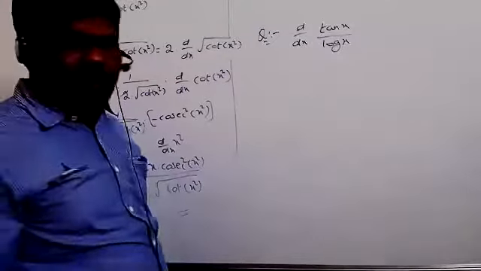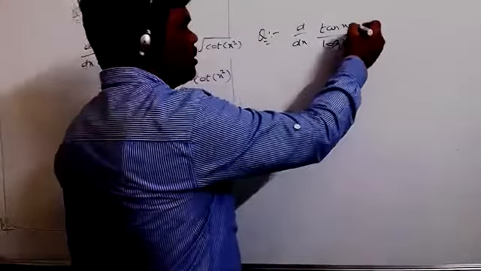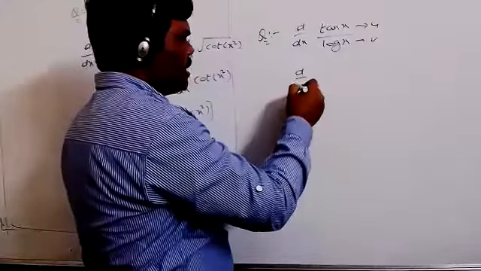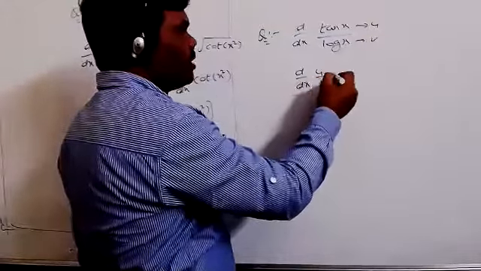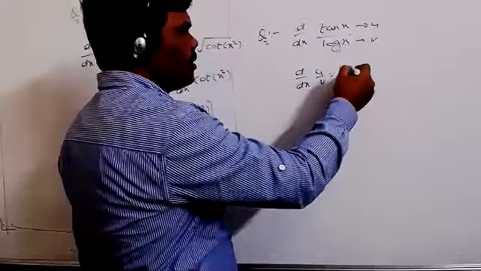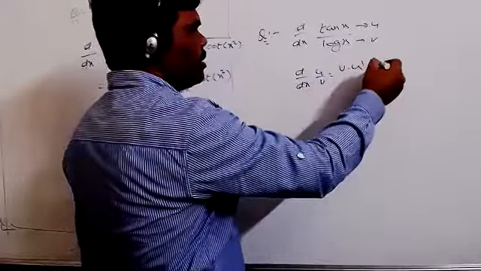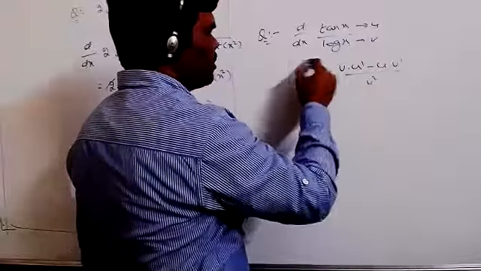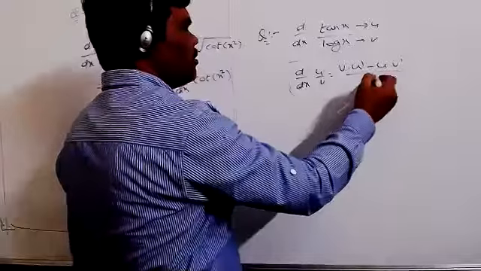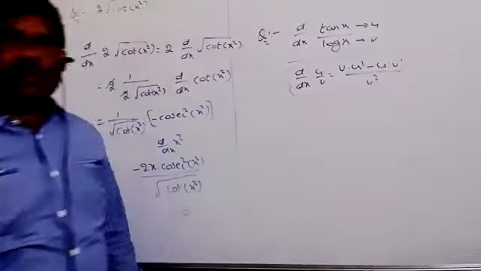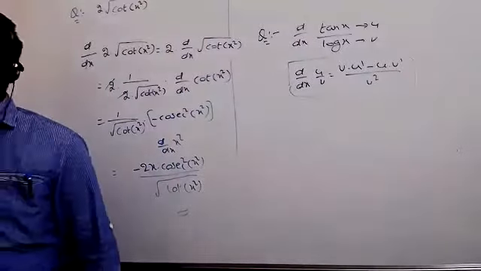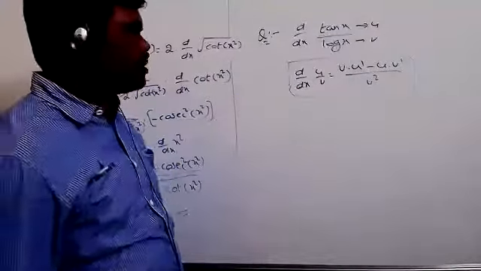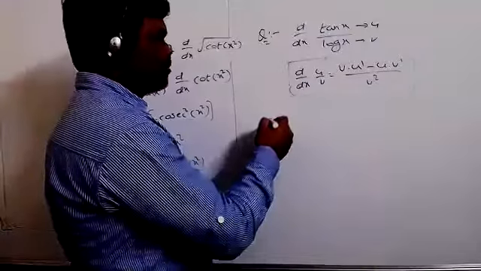What is the formula here now? u by v now. This is the u. This is the v here. So d by dx of u by v equal to what is the formula we have? v into u dash minus u into v dash by v square. Is that correct? This is the formula. Now apply that. u equal to how much? u equal to tan x and v equal to log x. Both you can substitute in there now.